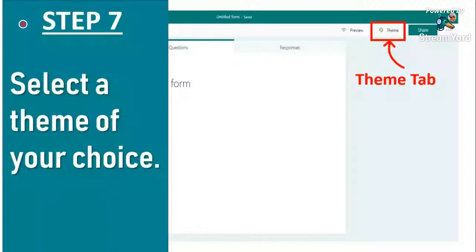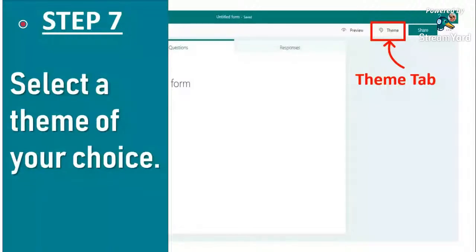As you can see here, there are a couple of preset themes available, and if you want to customize or change the color, you can do that also by clicking the plus icon here.